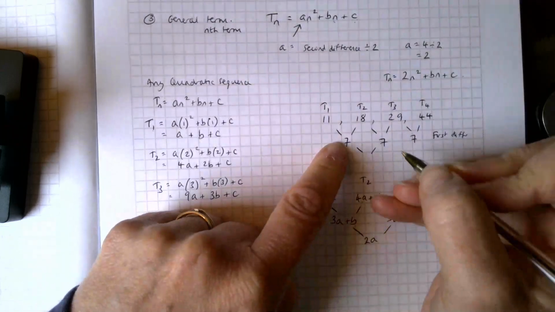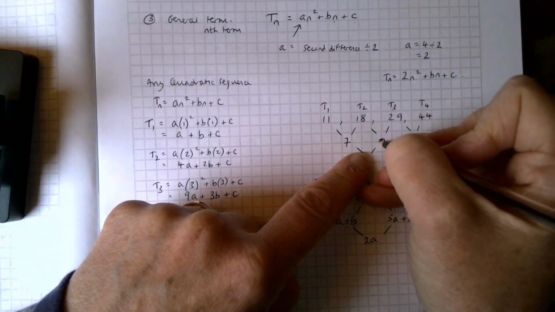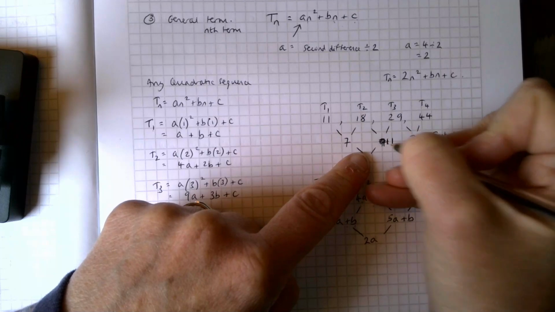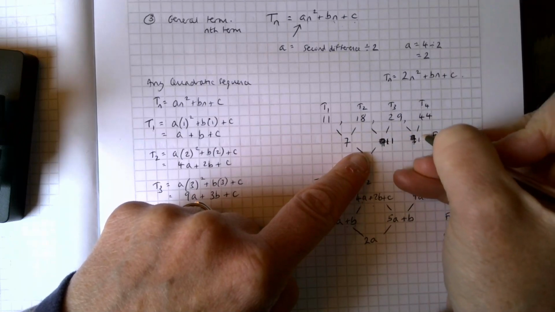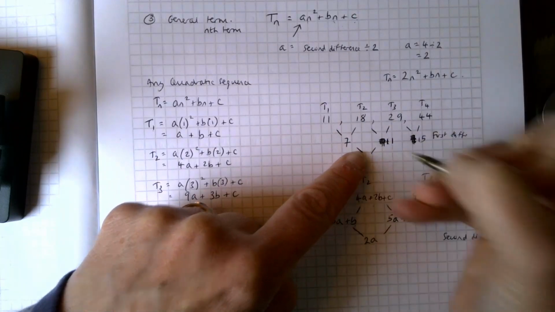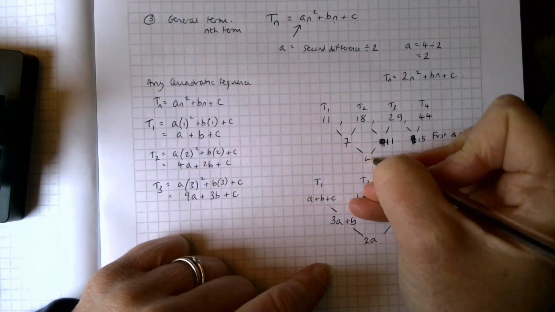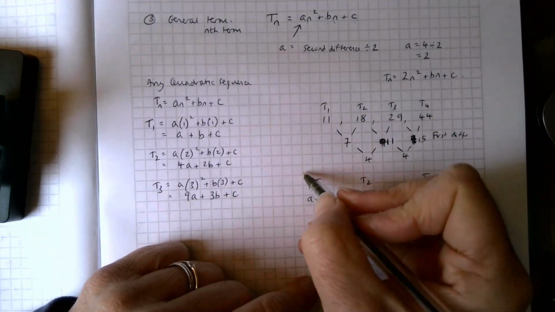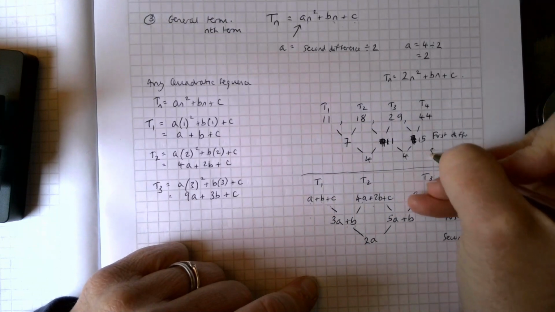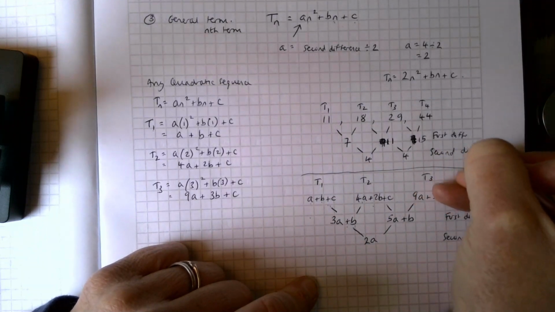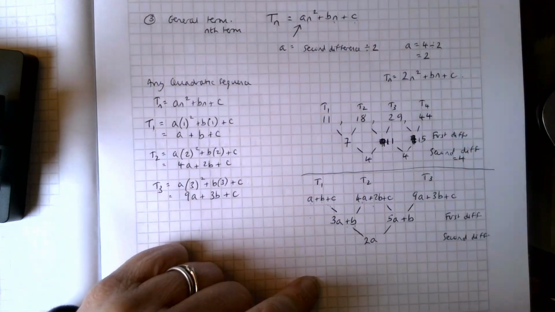First difference is 7. Oh, what did I? You should have told me there to stop. That's 11, and that's 15. Sorry about that. If you're confused, now you're less confused, I hope. That's a difference of 4, and that's a difference of 4. So the second difference is 4. I'm not going to go back and redo that, but hopefully now you've stuck with me and you've seen the